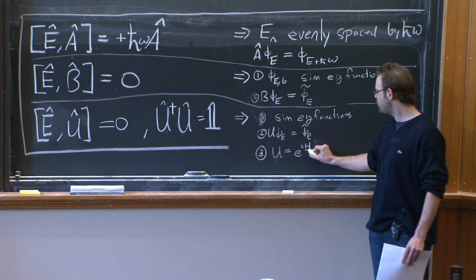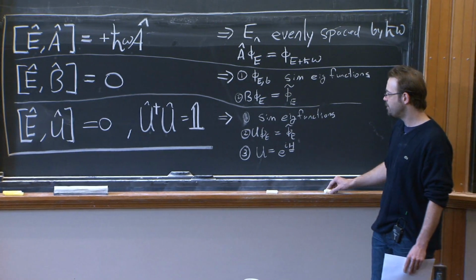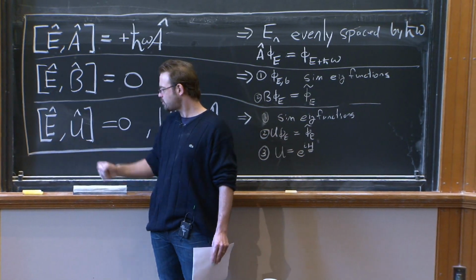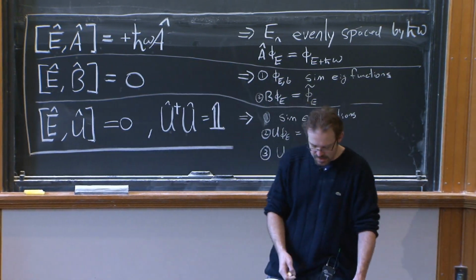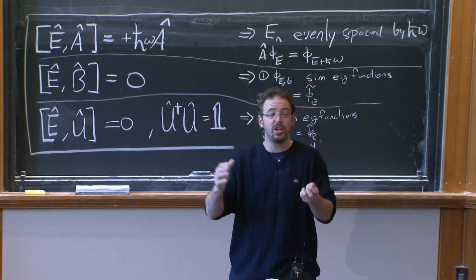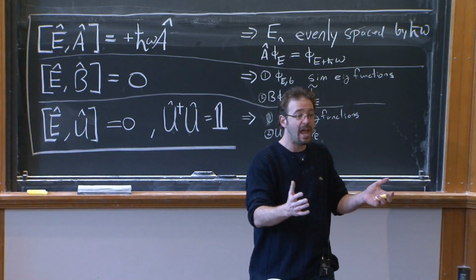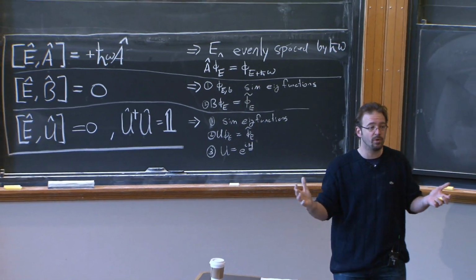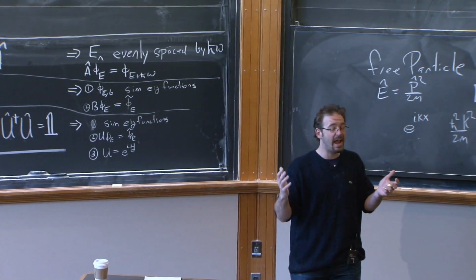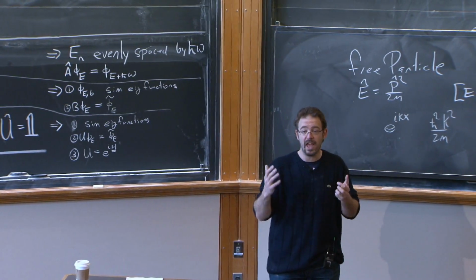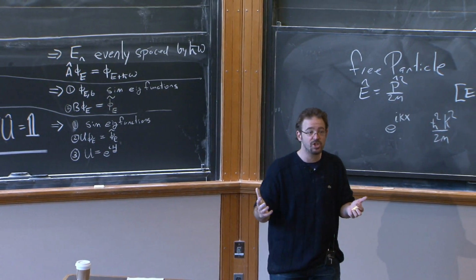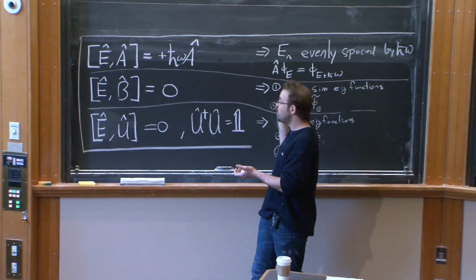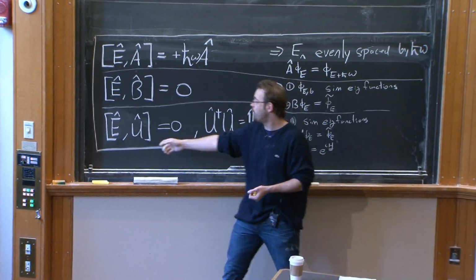So what is the meaning of this Hermitian operator? In your problem set, you looked at what unitary operators are. And in the problem set, it's discussed in some detail that there's a relationship between a unitary transformation, or unitary operator, and a symmetry. A symmetry is when you take your system and you do something to it, like a rotation or a translation, and it's a symmetry if it doesn't change anything, if the energy remains invariant. So if the energy doesn't change under this transformation, we call that a symmetry. We also showed that symmetries or translations are generated by unitary operators.